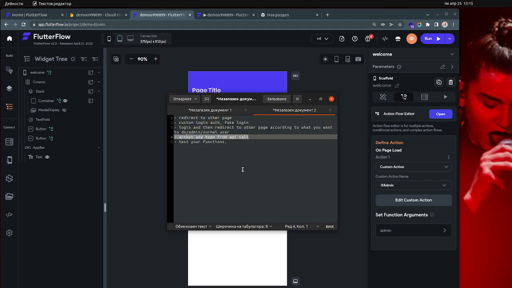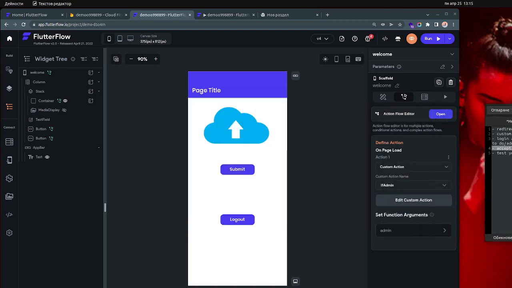And one of the last things that I want to talk about is accepting any type from API calls. In this case, I will try to explain how you can make a custom API call and accept any type. In this case, I will accept the JSON type, because right now, if you go to API calls